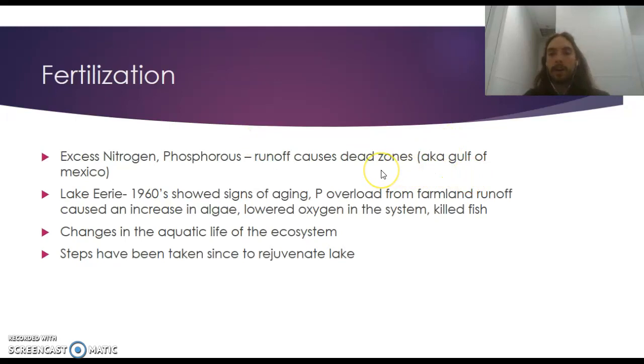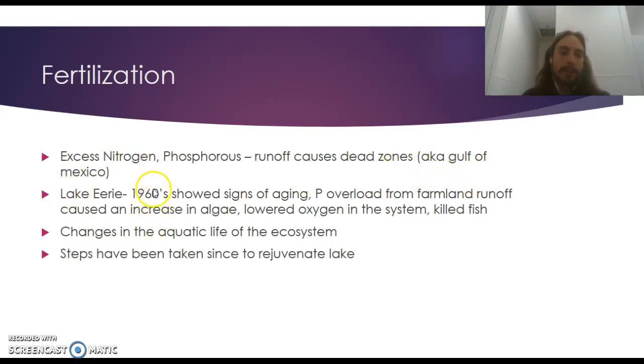So the dead zone that we've talked about many times is the Gulf of Mexico. That's a big example of that. A lot of our fertilization is going from farmlands in the middle, the heartland of America. They go into certain rivers, mainly the Mississippi, but they're all in all sorts of tributaries going into the Mississippi. Eventually that goes all the way down into the Gulf of Mexico, and now we've got this increase in algal blooms, which increases the amount of bacteria in the system, which lowers oxygen in the system, which causes a massive amount of death for fish and other plant species in the system. So that's why we call it a dead zone. It's literally dead. Nothing can survive there other than algae and bacteria.